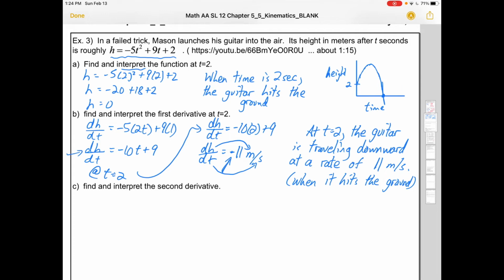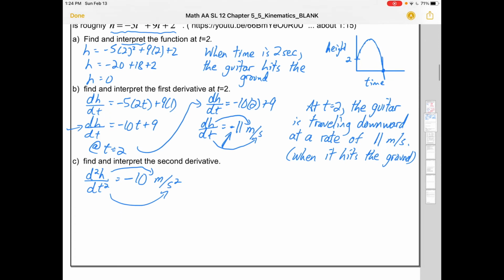So here's the first derivative. The second derivative, and this is really why Leibniz notation is the way it is, is going to say d2h all over dt squared. So it's just going to be negative 10. But its units are going to be meters per second squared. And there's no t in there at all, so the acceleration,